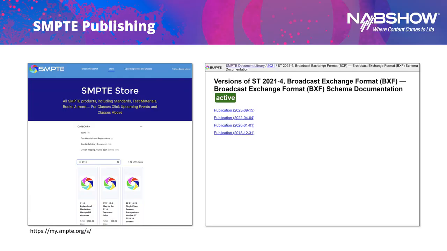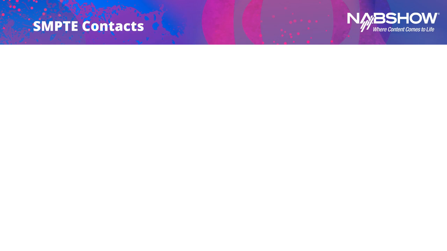Once you purchase the document, and by the way, if you're a SMPTE member, all the standards documents are free. You can get them for free from the SMPTE store. If you're not a member, you have to pay for them. But you get redirected to our download page. Important to mention that this is based on GitHub. Our document library is in a GitHub repository. And then we automatically create HTML pages with links to the documents, which are currently PDF. You get the newest version, but you get all the old, superseded versions as well. So it's not just one document.